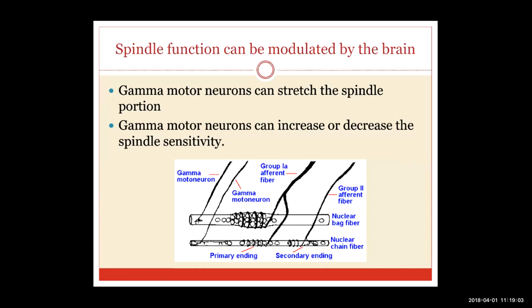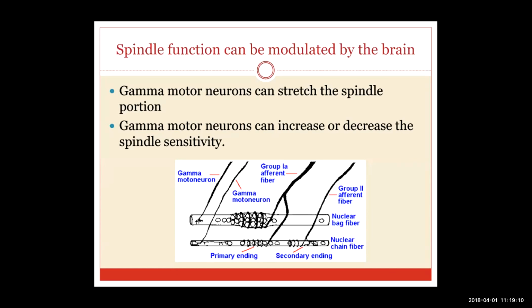Now, how does this tuning happen? It happens by an additional motor neuron called the gamma motor neuron. You can see in the picture that the gamma motor neuron is supplying the ends of the nuclear bag and nuclear chain fibers. These end portions of nuclear bag and chain primarily contain actin and myosin fibers, so they are contracting. Now the gamma motor neuron is going to send an impulse. Both the end portions can actually contract, and if it does not send, it relaxes.